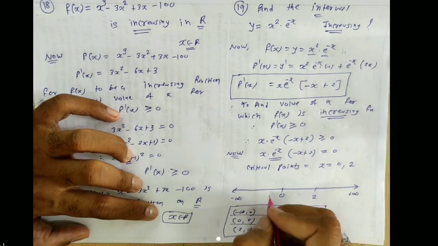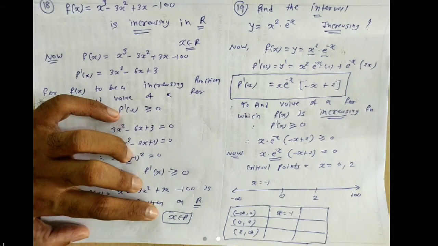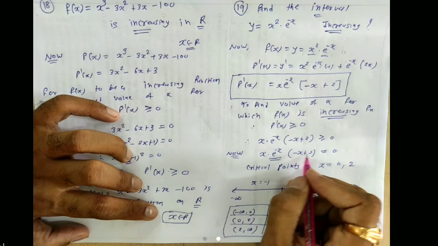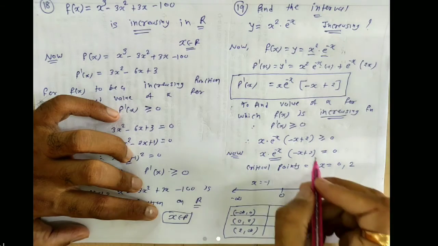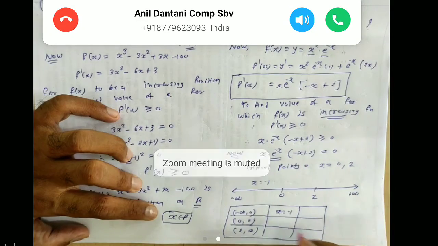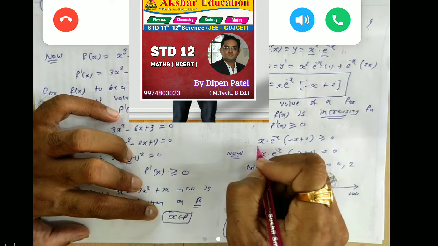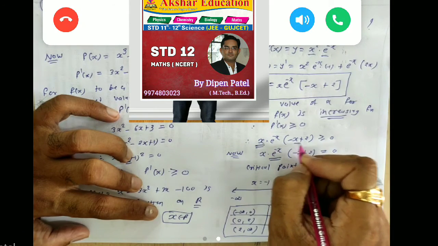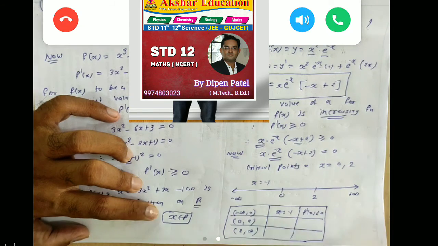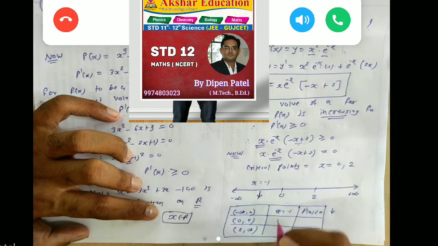Now we'll take values between these intervals. So first we are taking x equal to minus 1 in this interval. Put that minus 1 over here. That will be positive, this is negative and this is again negative. Negative, negative, positive. Look, this will be negative, this will also be negative, right? Minus minus plus, this will be positive, this will be negative. So what will happen? f dash x will be less than 0, right? Look again: this is negative, put minus 1 so it becomes positive, and the minus power of e gives positive, so overall this is negative. So f dash x is less than 0. So the function will be a decreasing function for this interval. Here it is decreasing.